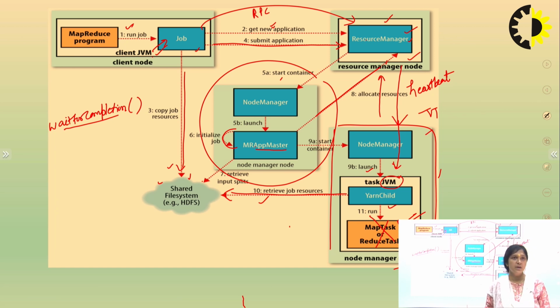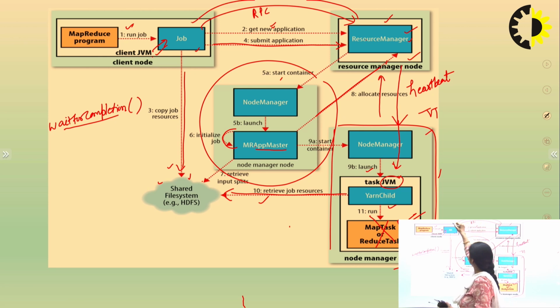Now the resource manager will aggregate those outputs, give the status back to the client, and provide the final output. This is the complete process of how MapReduce jobs run. I think everything is clear about this MapReduce anatomy or MapReduce run.